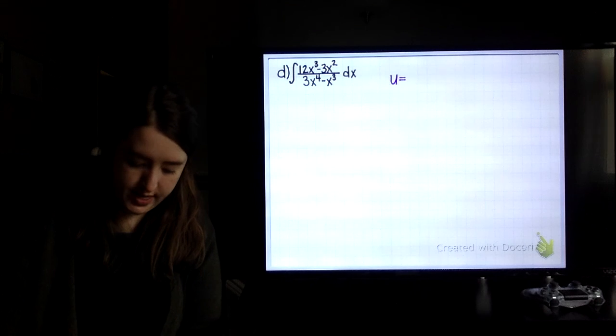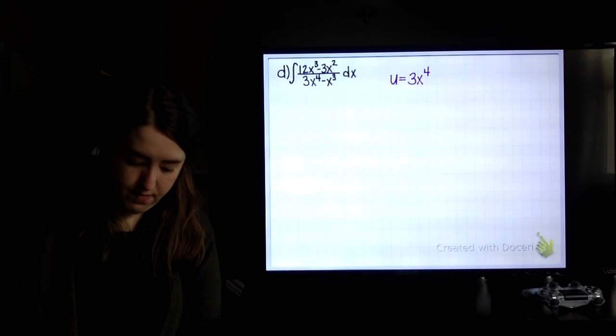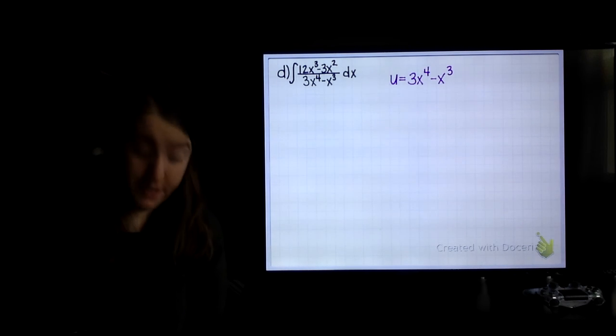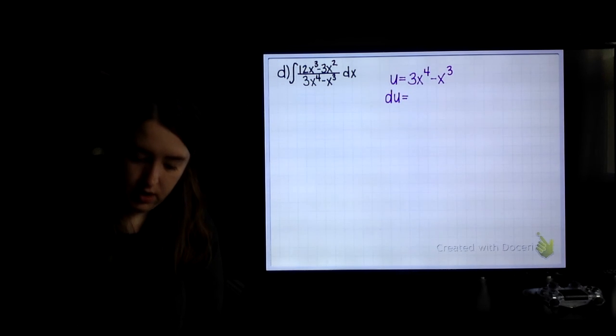So u is 3x to the 4th power, and then minus x cubed. So then we'll take the derivative of that. The derivative of u, du, equals, multiply by 4, so that's